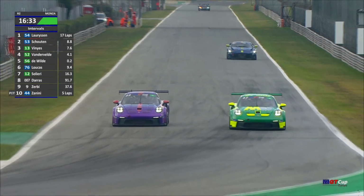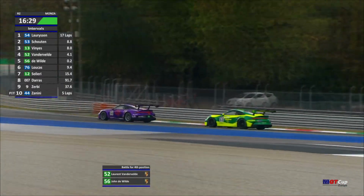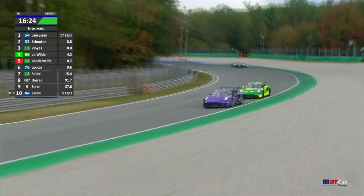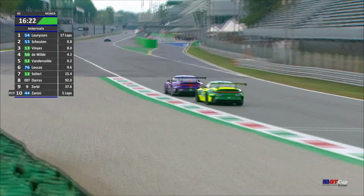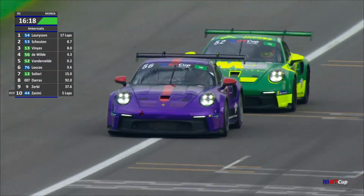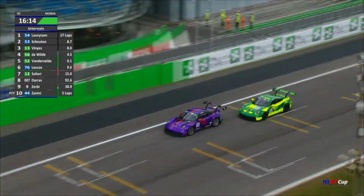No, not this time, switches to the inside, just sold the dummy, heading into the Parabolica. Brilliant move indeed by John de Wilder. That is expertise, that's experience to say the least. Incredible move from John de Wilder, gets the move done, but getting the slipstream will be Van der Velde. They'll come past the pit lane, and Laurent van der Velde, who hasn't given up yet, might choose to open